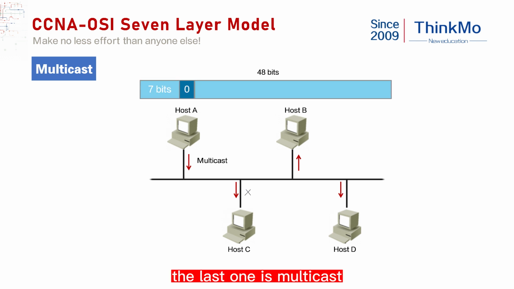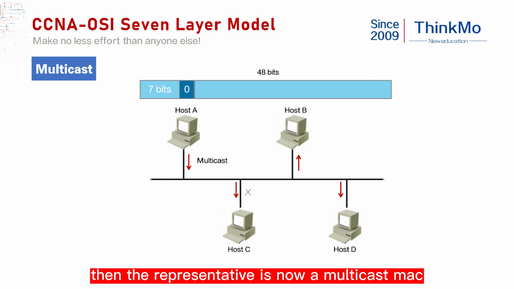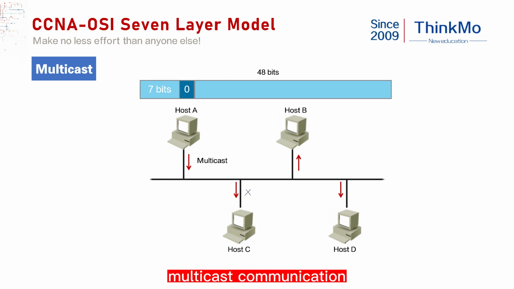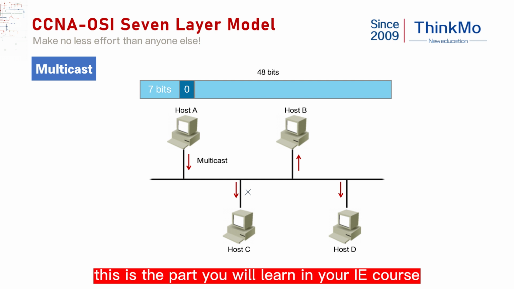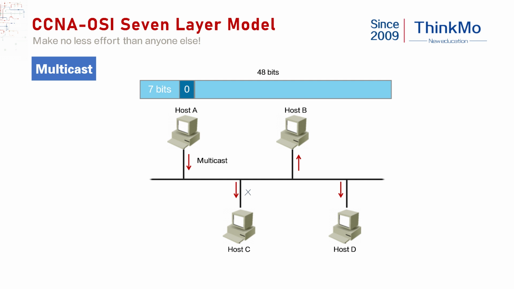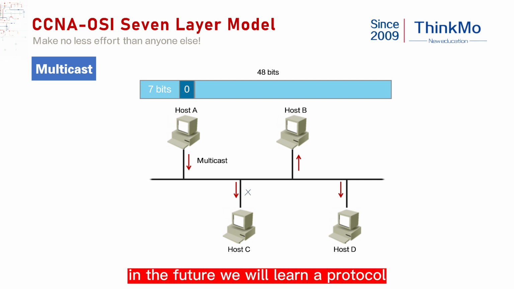The last one is multicast. Multicast will involve the destination MAC here. If bit 8 of the destination MAC is 1, then it represents a multicast MAC. Multicast communication is the part you will learn in your IE course. It doesn't affect us to touch it in NA. What is multicast? For example, in the future we will learn a protocol called OSPF, and when learning OSPF